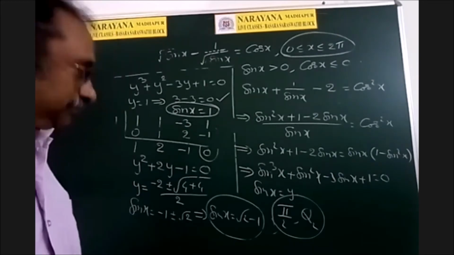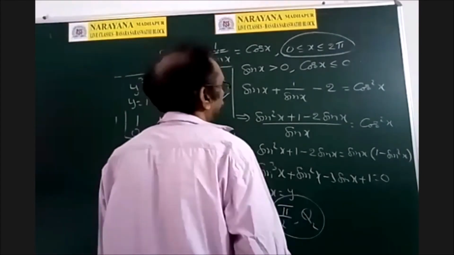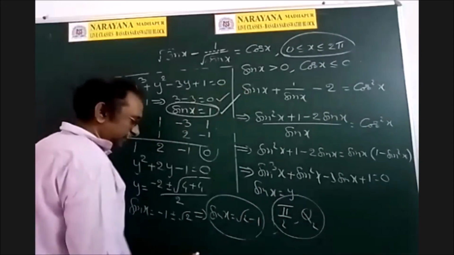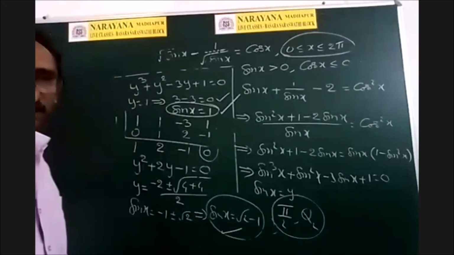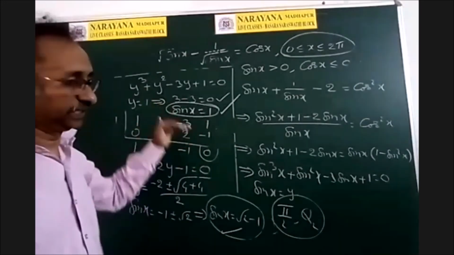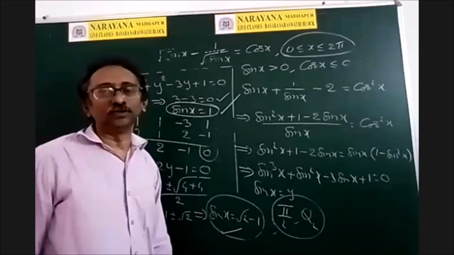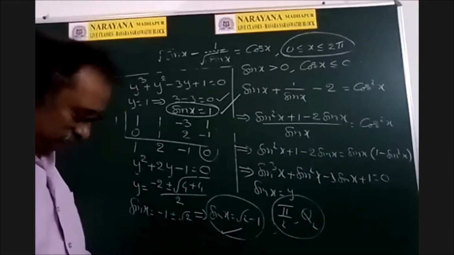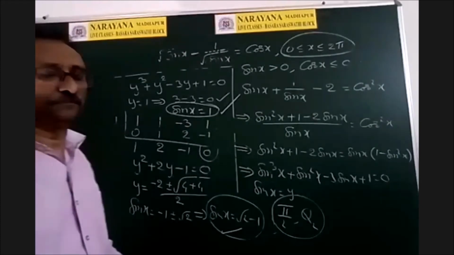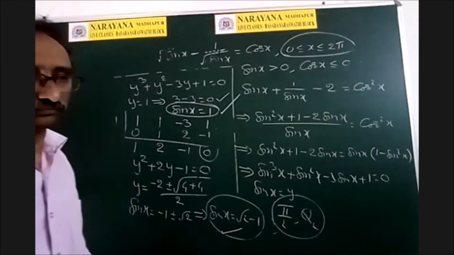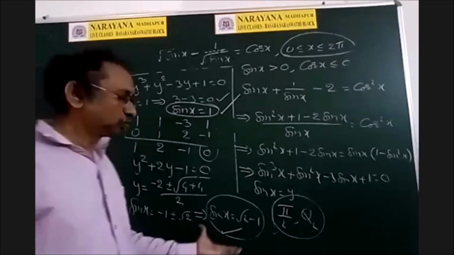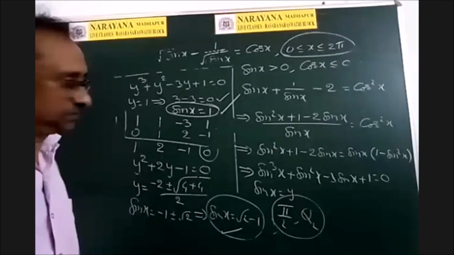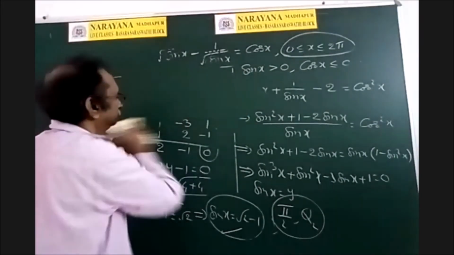Akash: Sir, but pi by 2 doesn't lie in the second quadrant, no sir? Now, that solution is different and this solution is different, Akash. That is different. Oh, okay, sir. Okay, sin x is equal to 1 or sin x is equal to root 2 minus 1. Sir, for the last solution we have just predicted in which quadrant it is. That's all. Okay. We cannot give the exact value. Okay. You will learn how to write that value in the next chapter, inverse trigonometric functions. Right? Okay, sir. Thank you, sir.